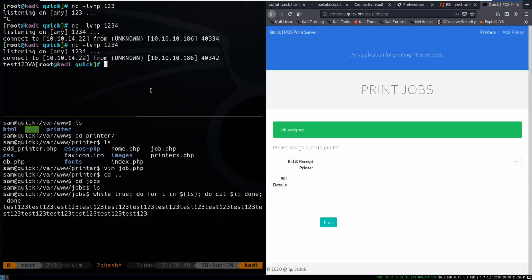So if we change our loop a little bit to be while true, do for i in ls, do ln -s /home/srvadm/.ssh/id_rsa for the private key,